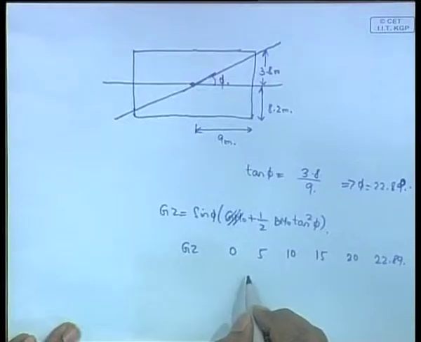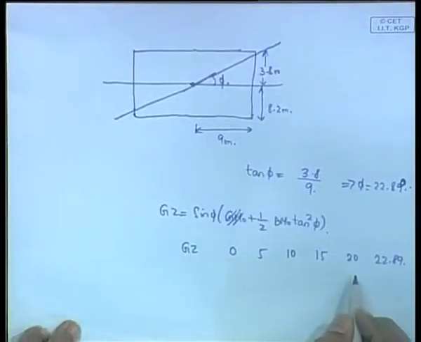It will be given that it is a box shaped vessel, then you know how to calculate BM, I by del. I is for a rectangle, you know b cube L by 12 and del is the volume underwater, which you can calculate by displacement of the ship divided by the density of sea water. Not the total volume of the ship, sorry, it is the volume underwater, which is the displacement. So, this will give you GZ. So, you formulate your GZ table, and then it is very simple.